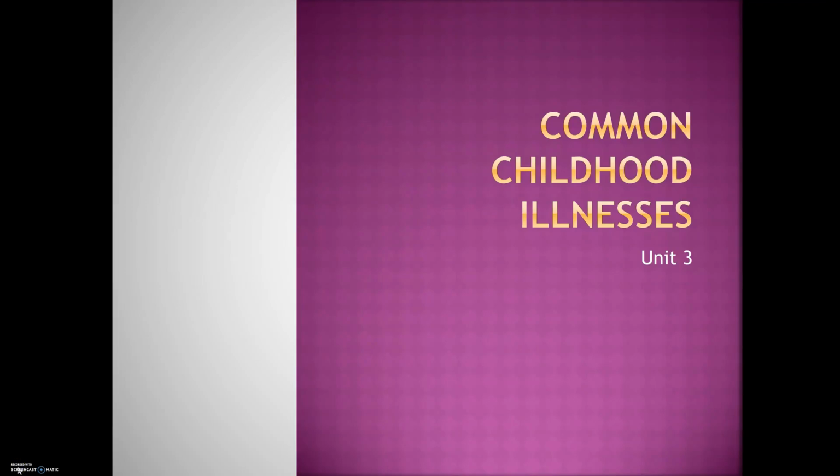All right, so this is Unit 3. It's actually 3A, 3B, and 3C. It's on common childhood illnesses. If you've ever had a child, known a child in daycare, anything like that, they've probably all had these, so it should be a review. There are only 3 questions on the test from these sections, so I'm going to kind of try and fly